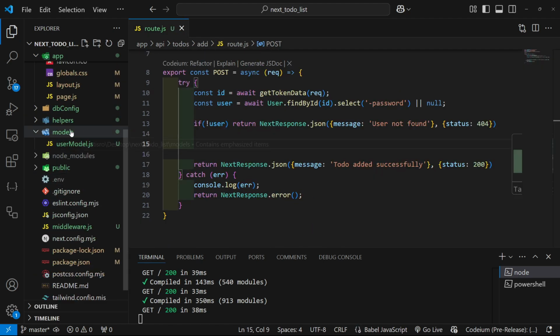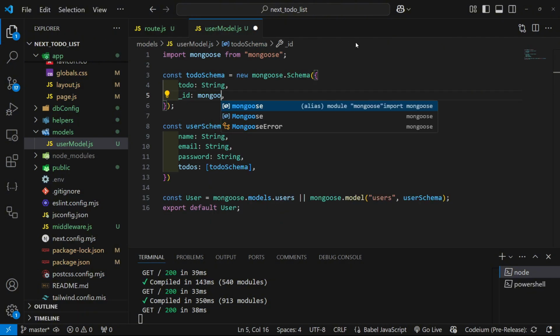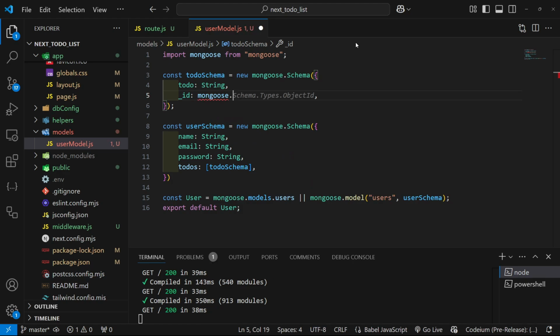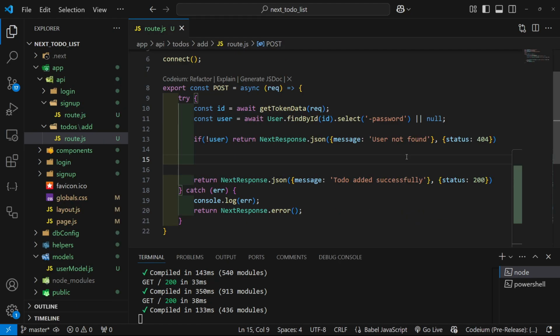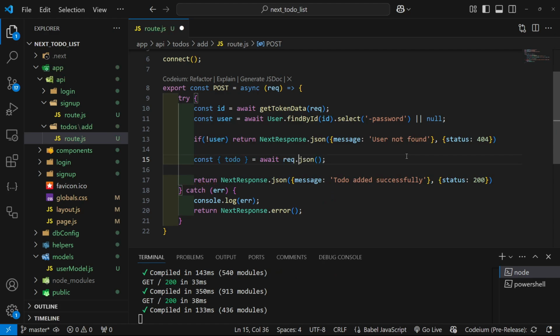Then if we go to models, user model.js, in here we have to change this to mongoose.schema.types and then object ID. And now in here, we're going to be getting our to-do from await request.json, and we're also going to